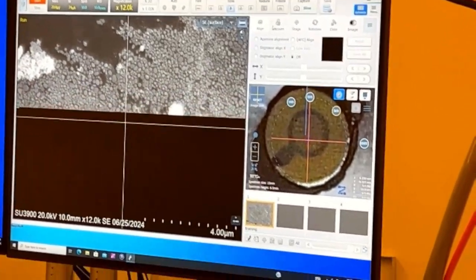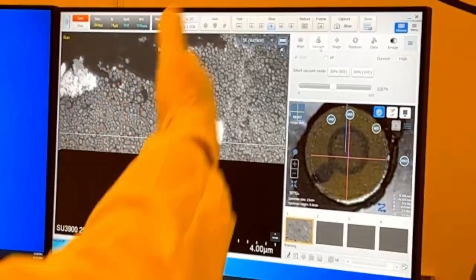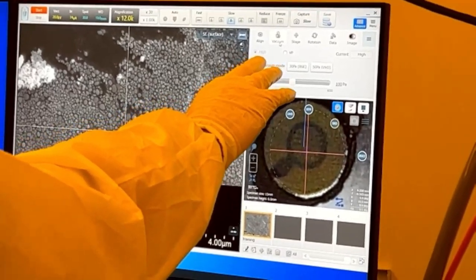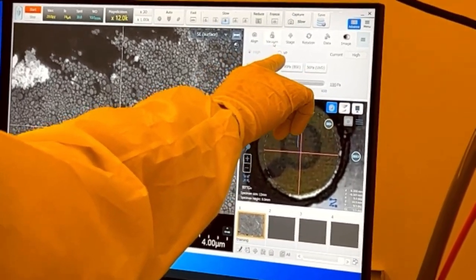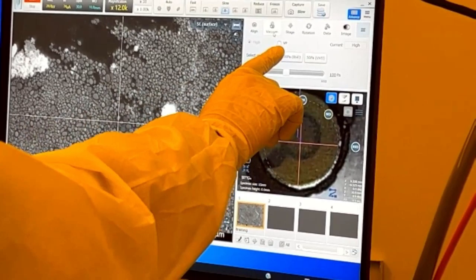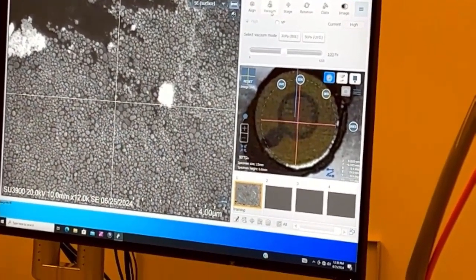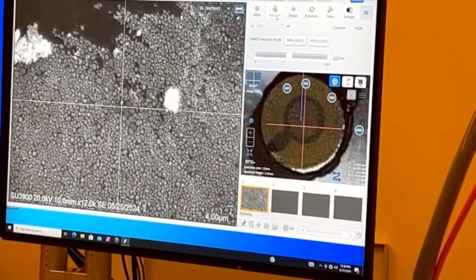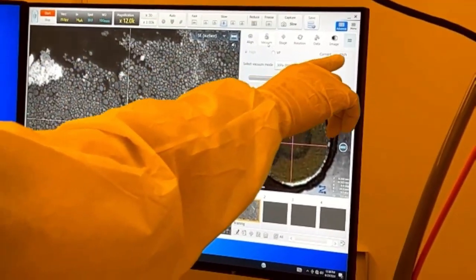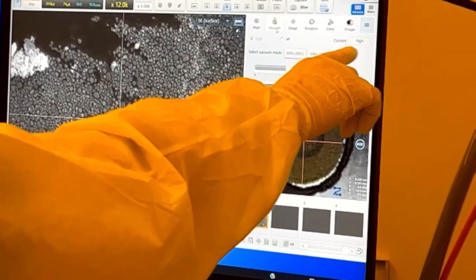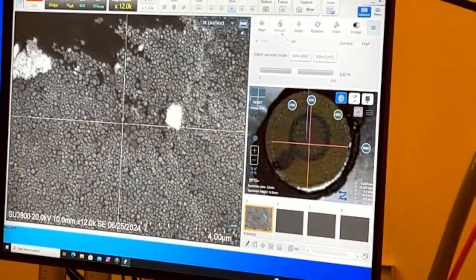So that's alignment. Vacuum. We started in high vacuum. I can change the VP right now. It's going to turn the beam off. You'll hear some valves changing, and then it shows your current vacuum here, and then the slider